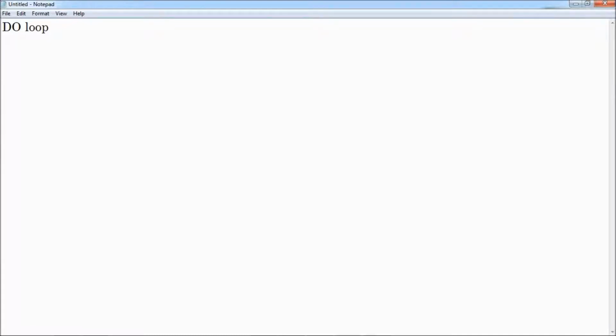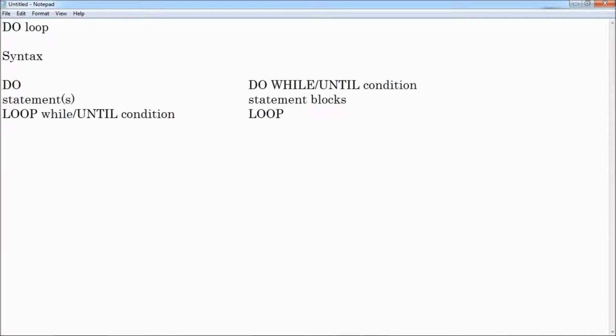Before using any statement or program command, we need to know its syntax. So first of all, here is the syntax for the do loop. As I told you earlier, it's very versatile. It can be used in many forms, so you can see over here the syntax is also different. I've written two columns, so actually it is four forms. It can be used as do, the loop statements, and loop while or loop until along with the condition.